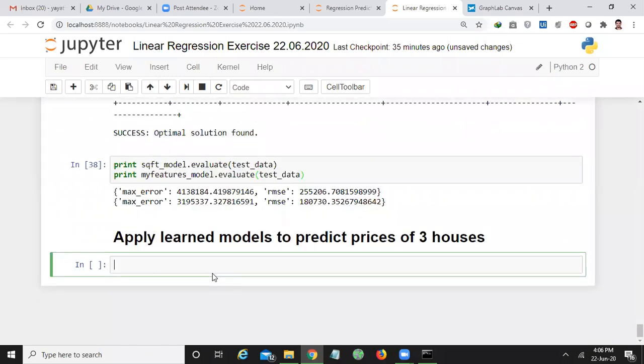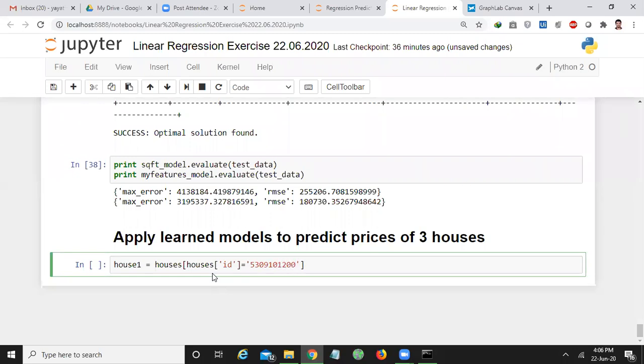Let us take the houses one by one. I want to take house 1. I'll select randomly from houses whose house ID is 530910120.